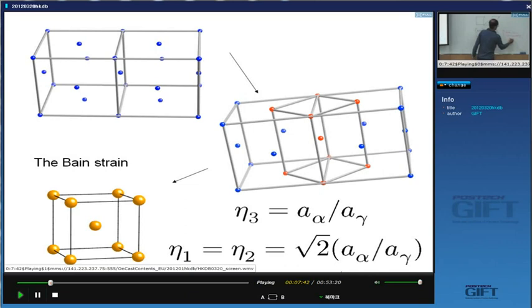But let's persevere with the Bain deformation, because many people have studied different kinds of deformation which transform austenite into martensite other than the Bain strain. And in all cases, you find that this has the lowest amount of strain energy generated. Okay? So it's the smallest deformation which changes austenite into martensite. So there's still something wrong here, that the orientation relationship isn't what we measure experimentally, but let's just carry on